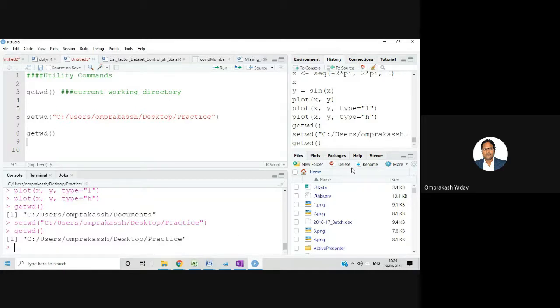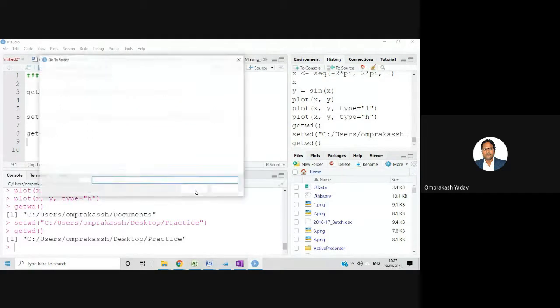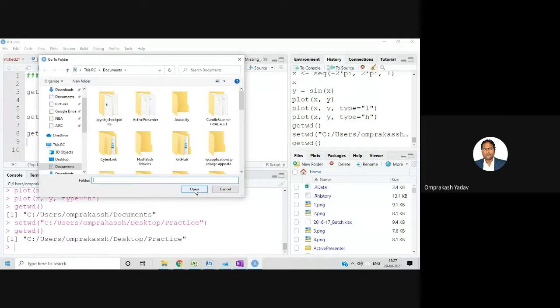There is one more way. If you see here, in the right side corner, 3 dots are there. If you click on that, this dialog will appear.